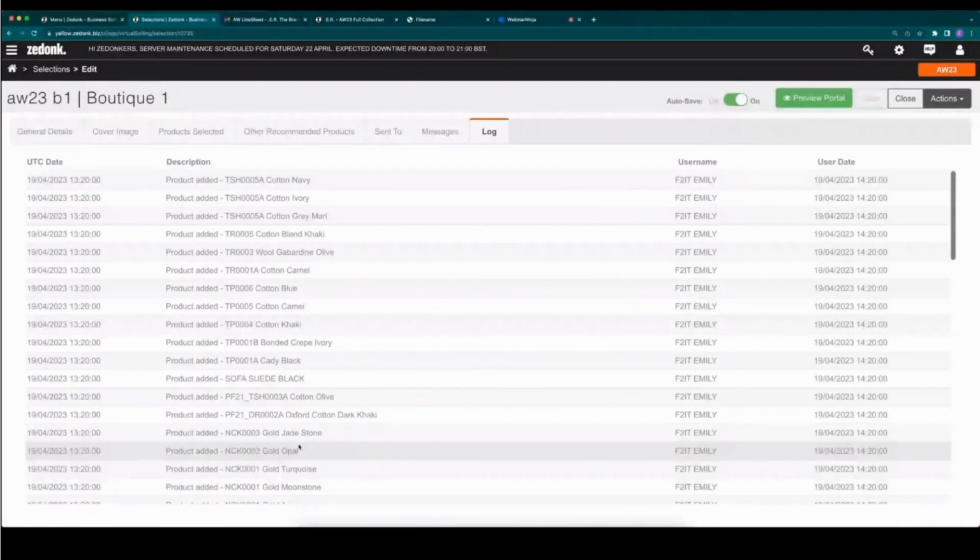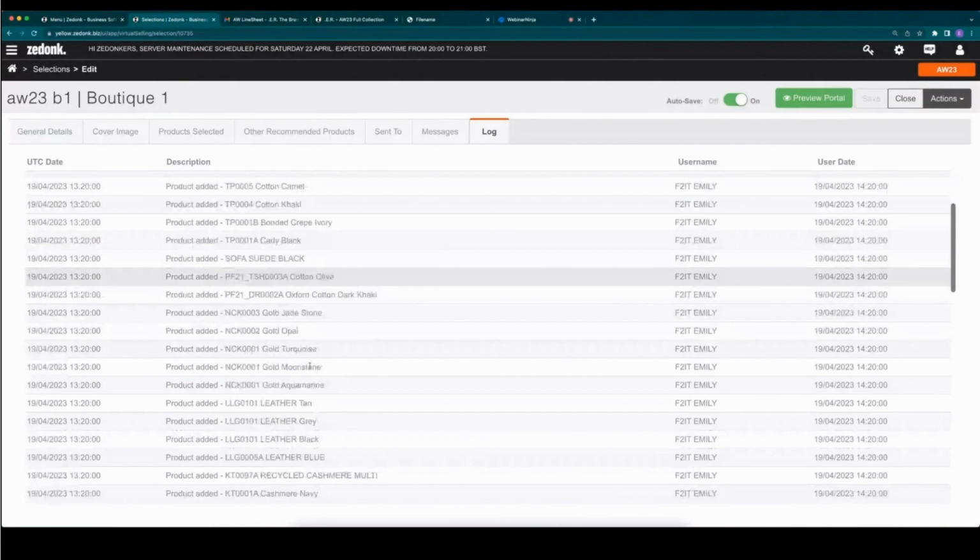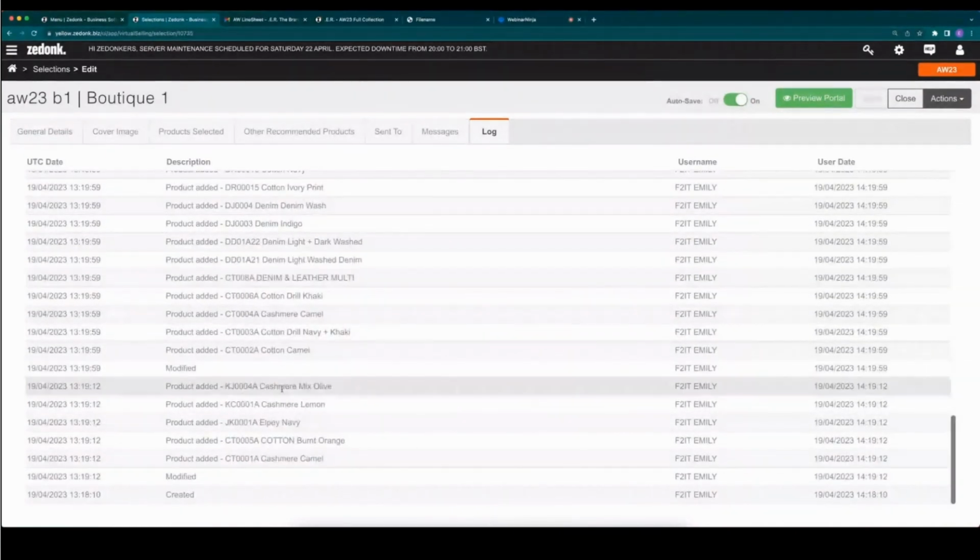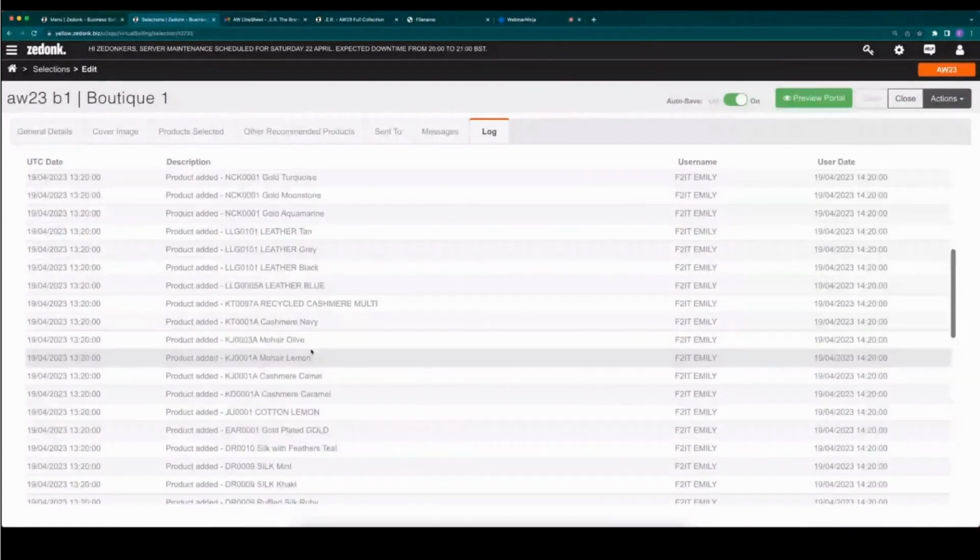So the log in the digital showroom, and this is the same on the line sheet, is actually very descriptive. It will show you what was added, when products were removed, who did it, and the time. So it's obviously there's a lot going on today because I've just done that with you in 3 seconds, but it's really good to keep track if you're suddenly missing a style from a line sheet that you thought had been added and it had been removed. You'll be able to check the log. So really good for traceability.